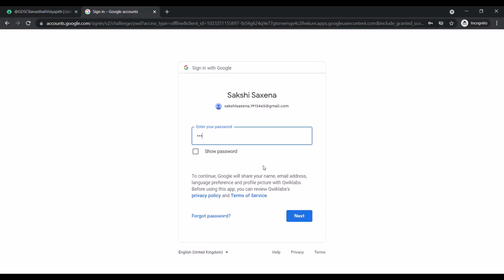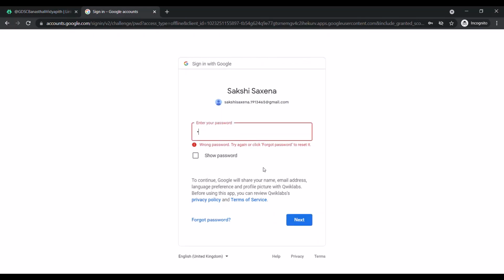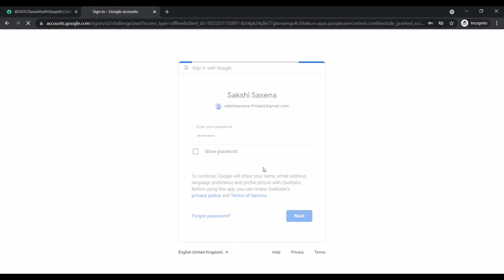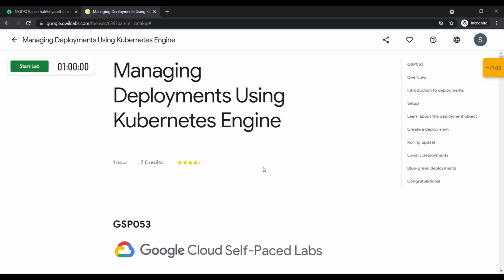Enter your password, and then move ahead. So now you're ready to start your lab.